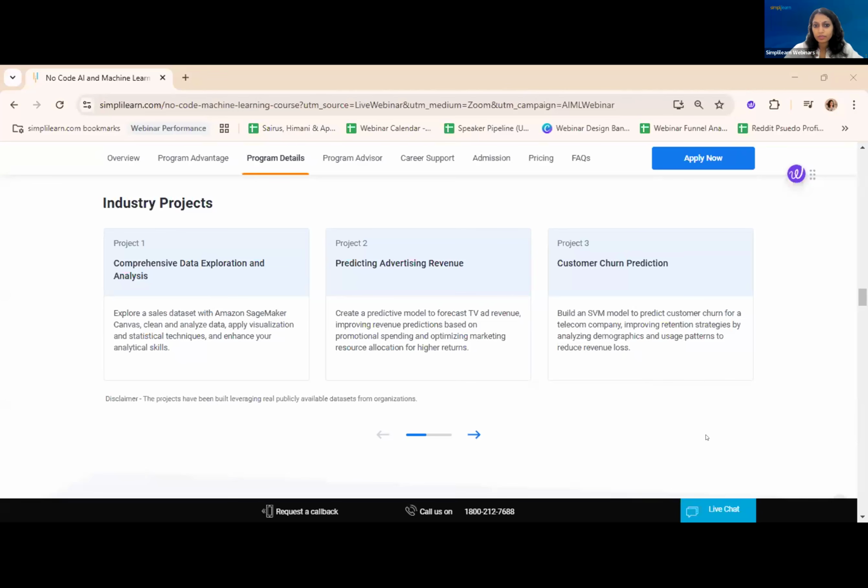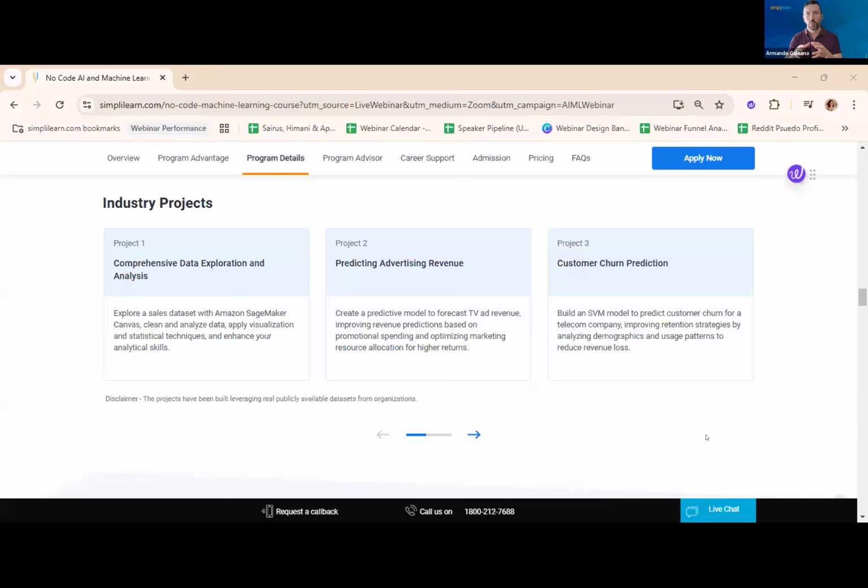Another person anonymously is asking, are we going to do any deep learning? I'm assuming in the course or as a part of no code AI development. So again, this is no code. Remember, deep learning is another type of algorithm that you use for unstructured data, mainly audio, text, video, images.